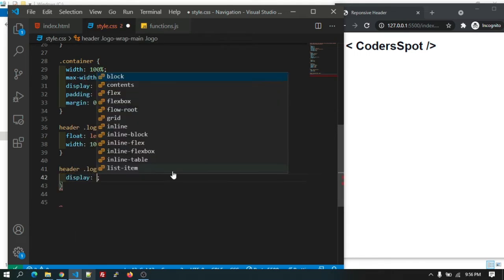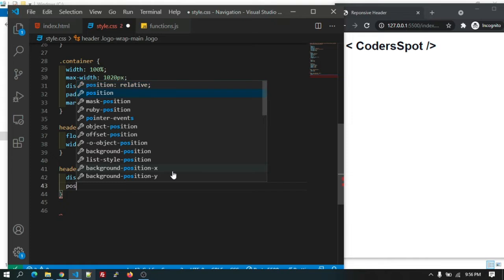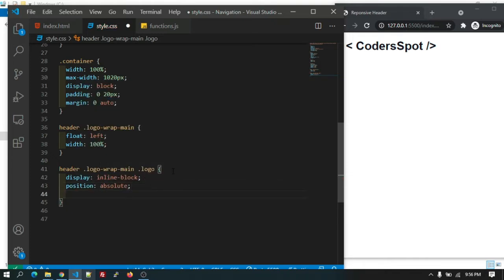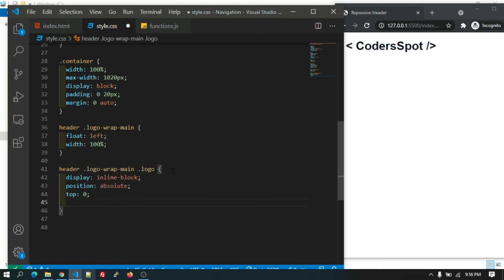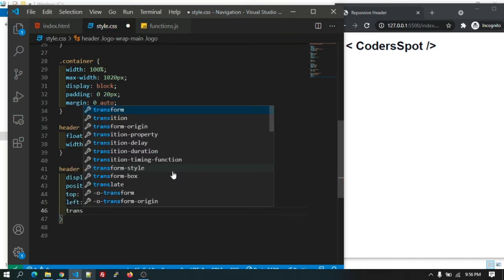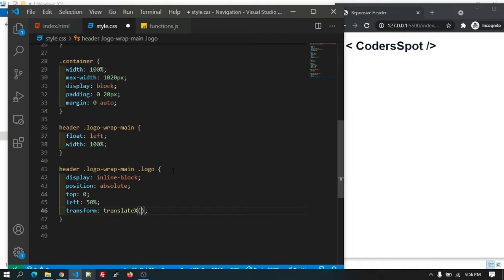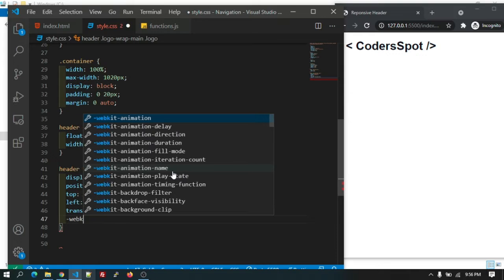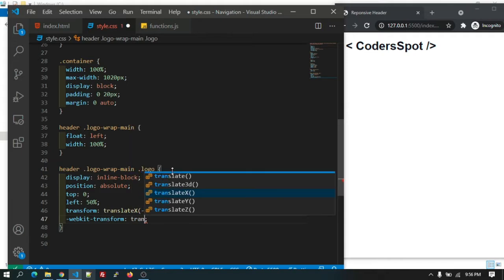So let's give display inline-block, and position will be absolute, and top will be 0, and left will be 50%, and transform translateX minus 50%, and -webkit-transform translate minus 50%.